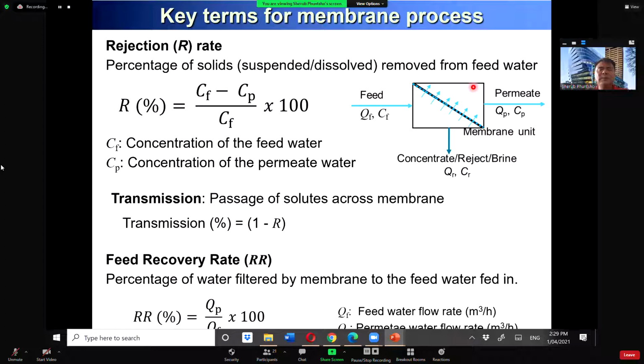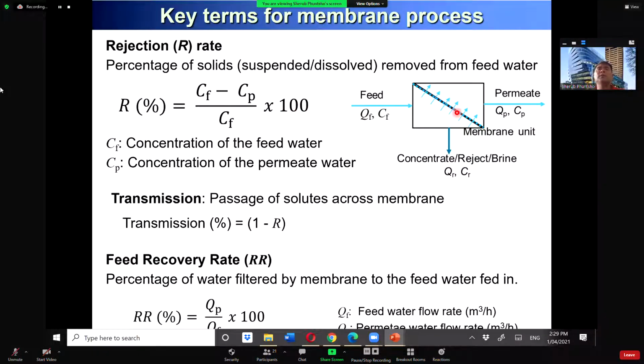So CF will be 0, because whatever you have as CF here will come as CP here. Which means CF and CP will be the same, so this becomes 0, so rejection will be 0. Ultrafiltration may remove a little bit, say 10%. If 100 is coming in here as a concentration, only 90 will go here. So 100 minus 90 divided by 100 becomes